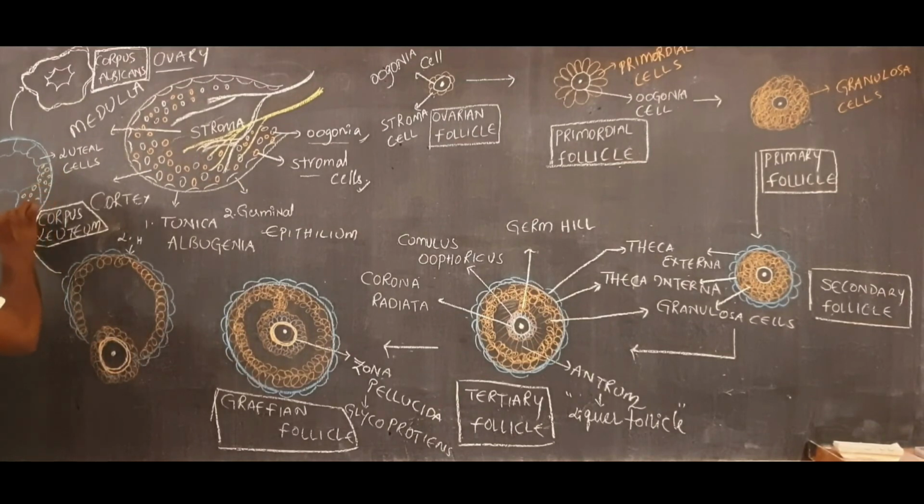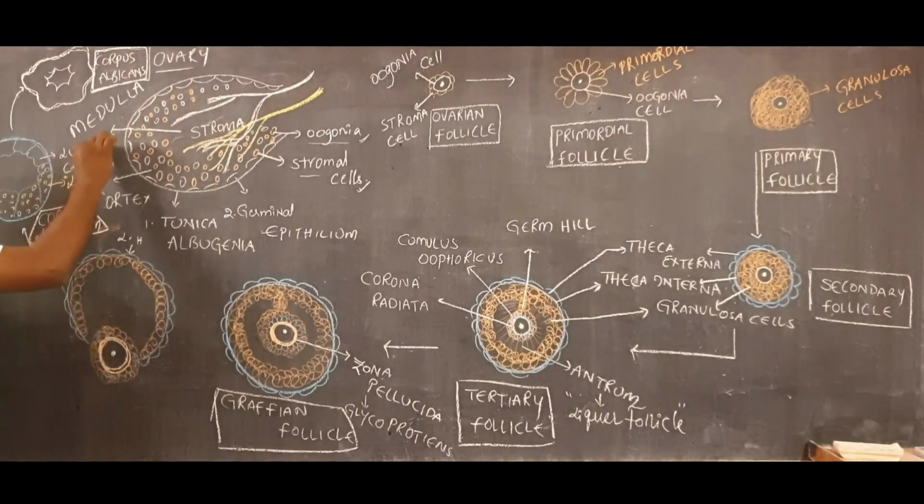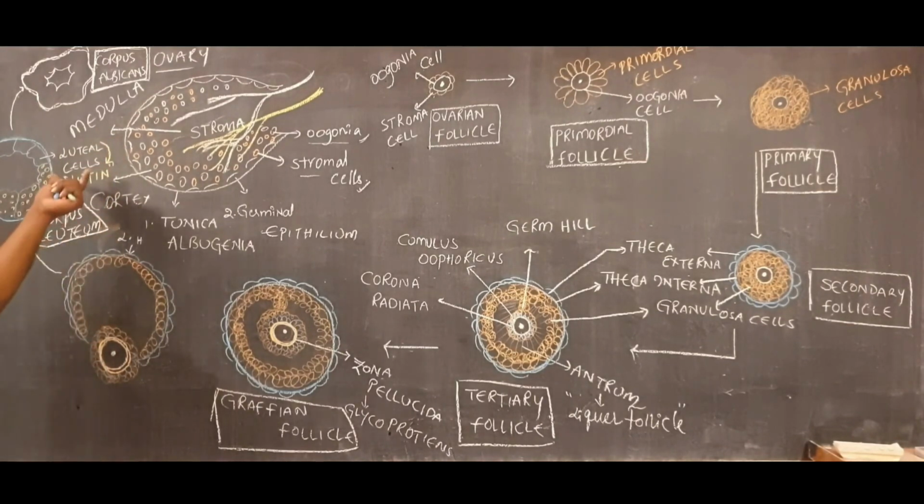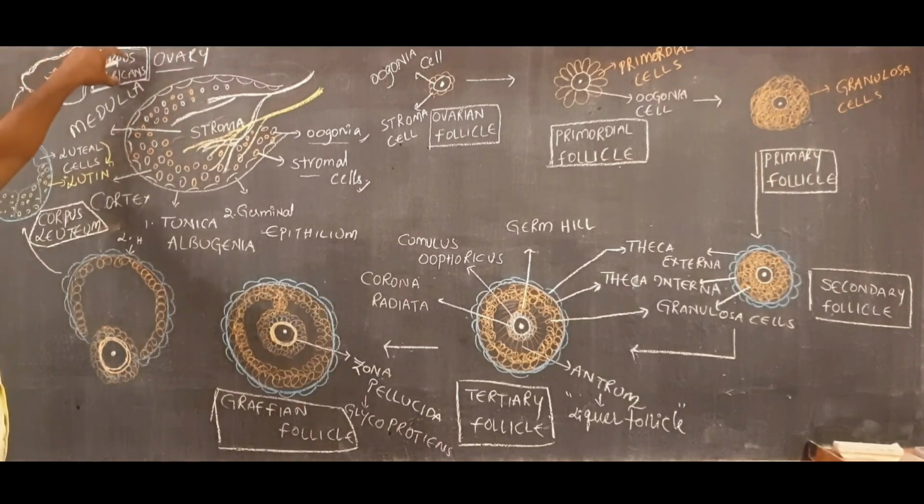These are filled with yellow color substance which is also called lutein. Luteal cells are filled with a fluid which is also called lutein, so that they exhibit yellow color nature. And after that, these corpus luteum cells are helpful to produce the estrogen and progesterone hormones. Right. Then, if fertilization does not happen, this corpus luteum will change into corpus albicans